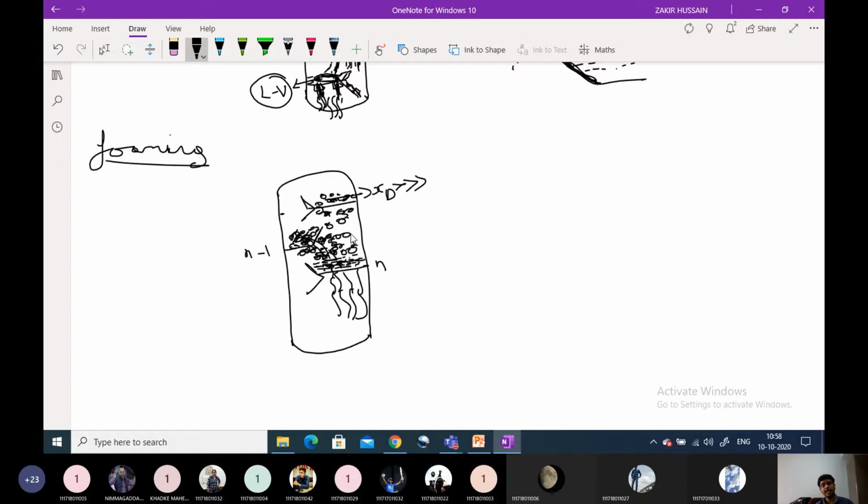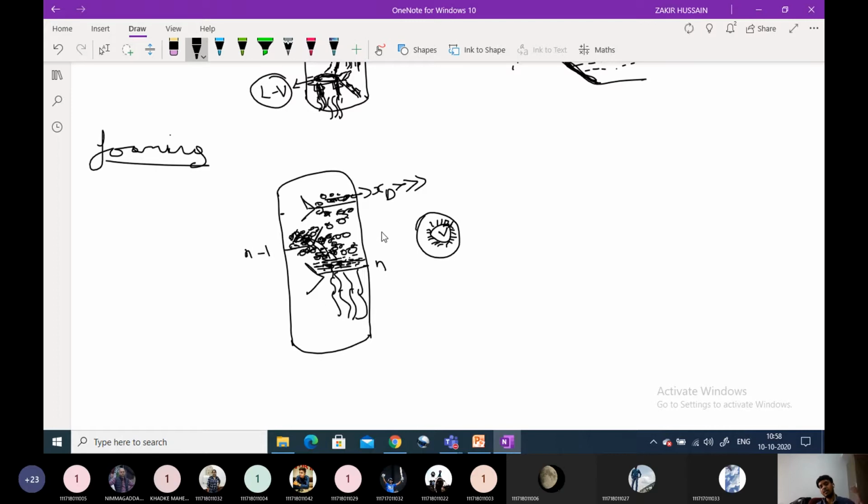So foaming is nothing but expansion of a liquid by passing gas or vapor through it. To some extent, foaming is advantageous. When the foam bubbles are formed, the vapor liquid contacting will be very high. The surface area available for the contact will be this much. This is all the surface area available for vapor liquid contact. If this is a vapor bubble, the liquid has to contact the circumference of this round bubble. So surface area will increase and mass transfer will increase to some extent.